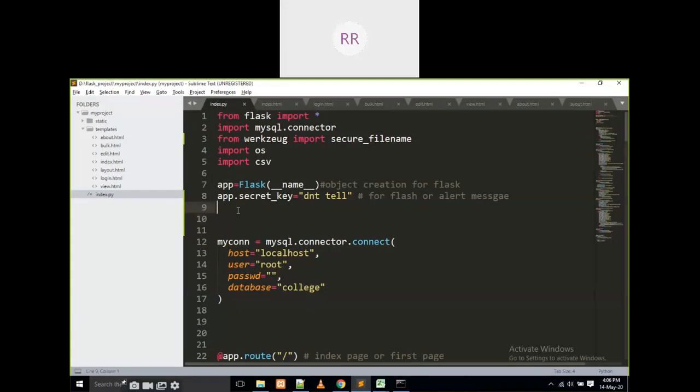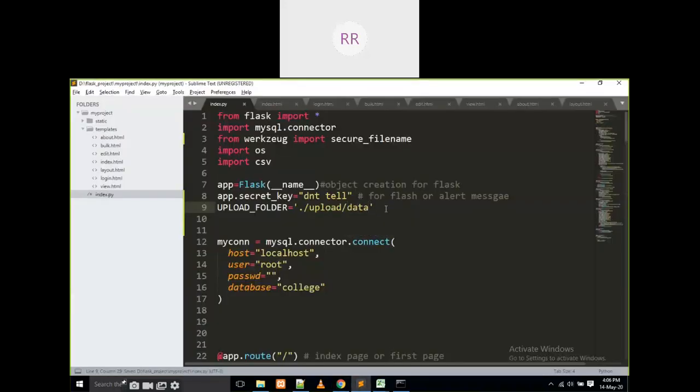Now I am going to write here UPLOAD_FOLDER. What is my folder name? upload slash data.